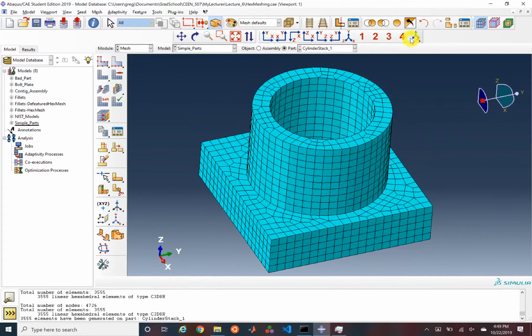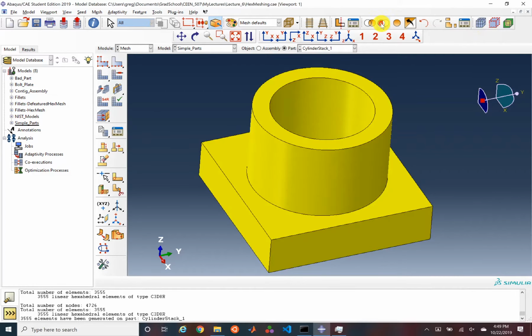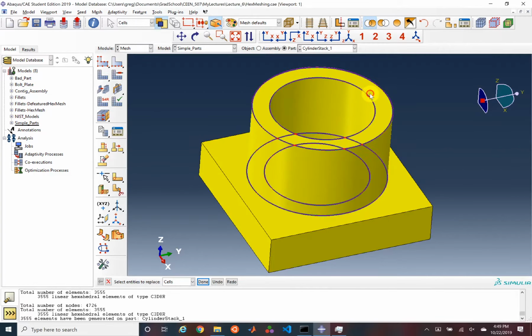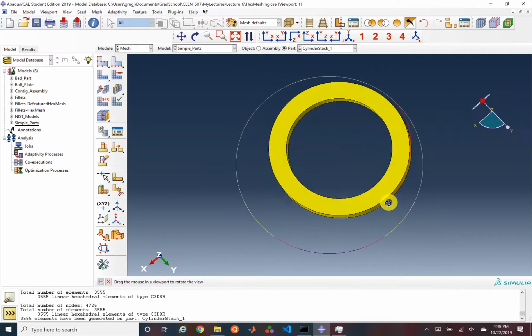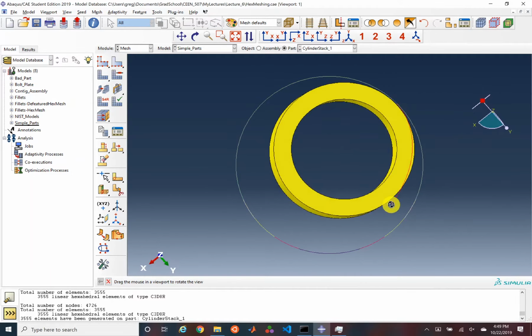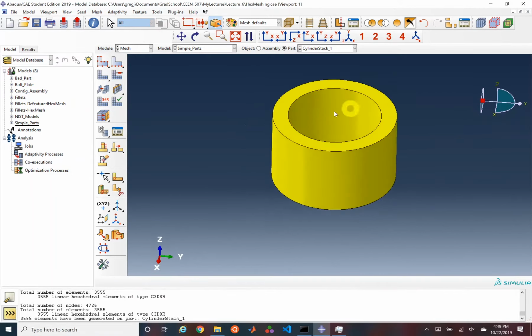The way you can think about this is that Abaqus can figure out how to put hexes along this cylinder, but if we look at this cylinder by itself, it doesn't really look like a hex. Sure, you can see how you can stretch and warp hexes to fit it, but there's not really a topology of a hex. So let's go ahead and partition